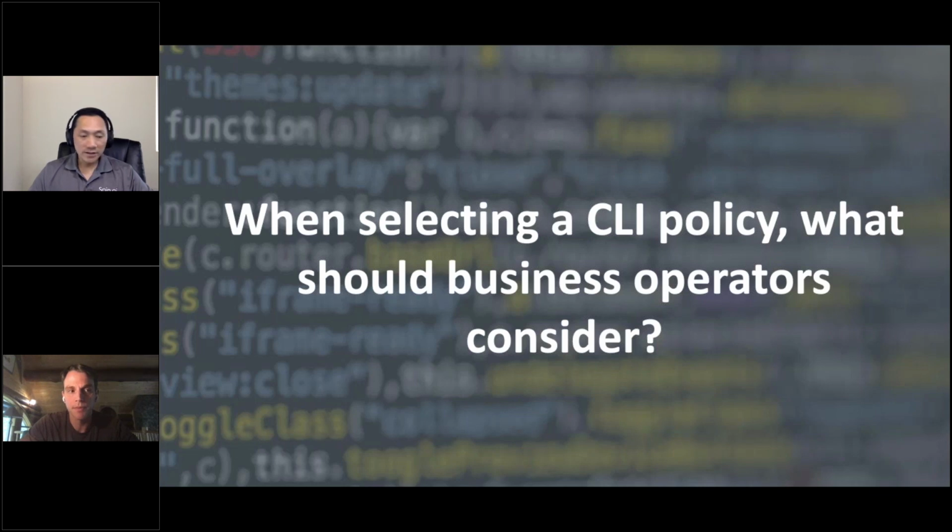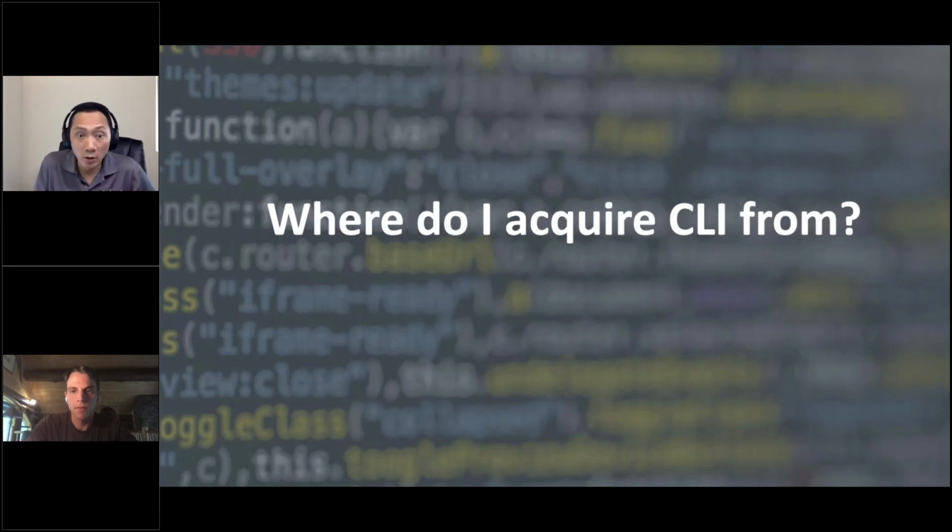Yeah, that makes a lot of sense to me. And bundled with Spin, we're on a subscription basis, so that allows them to consume the insurance in a way that may be, frankly, easier for them than otherwise. So I think that makes a lot of sense. And actually, that goes directly to my next question. If you're a business operator, if you're an IT manager, where can they go about acquiring CLI from?